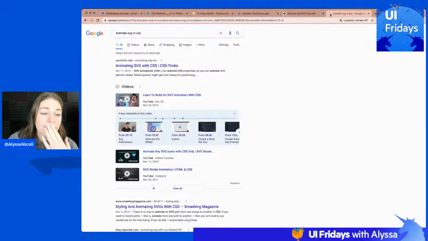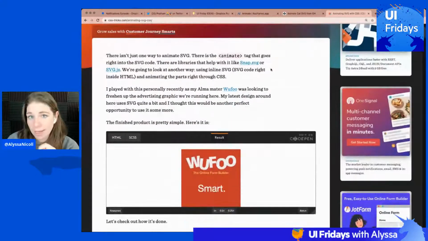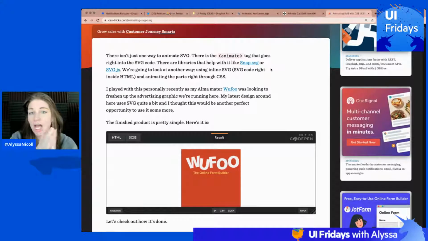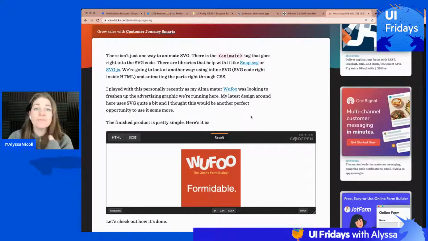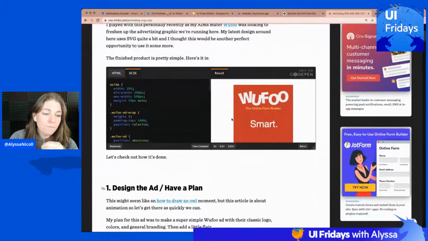So I know a couple things about SVG. I don't know much. I know that it needs to be inline in order to animate it, because you can export a .svg file, but then you won't actually have access to the actual paths or shapes or text inside that SVG unless it's inline. So I do know that you need to have your SVG inline if you want to animate it in CSS. I've forgotten a lot of the different